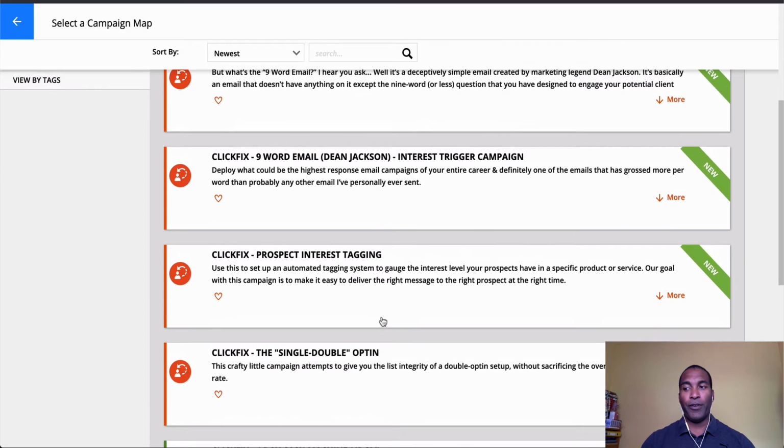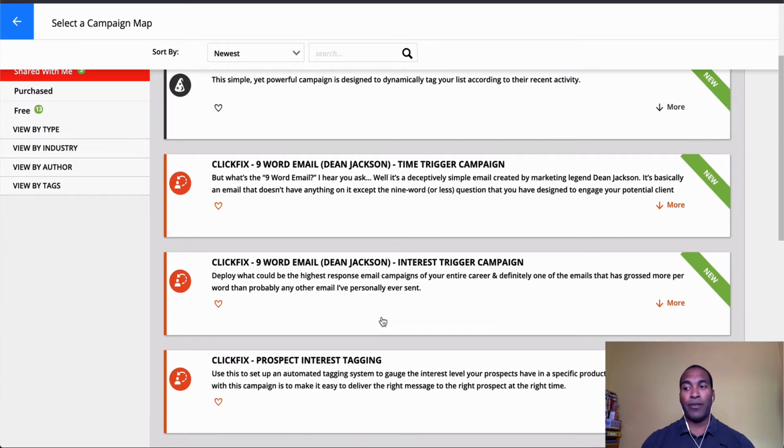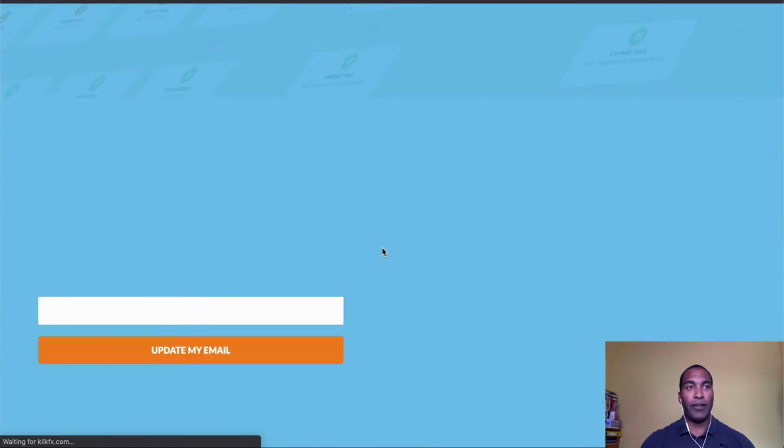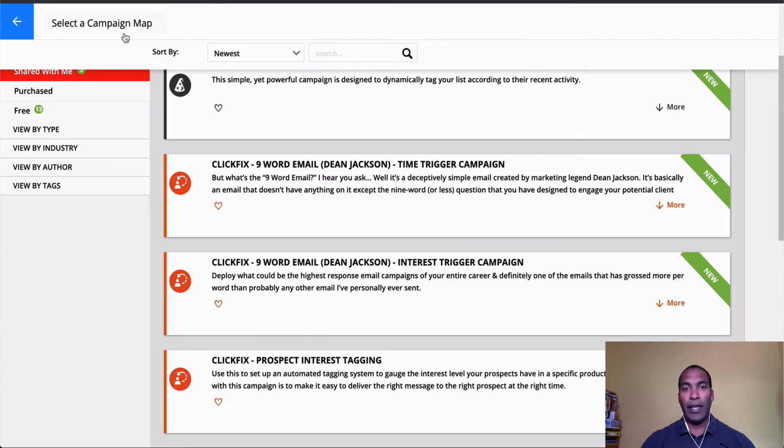Oh, and by the way, if you're not seeing what I'm seeing here on the screen, it means that you didn't sign up with the email address that you used to sign into your Ontraport account. So if you accidentally used a different email, just put your Ontraport account inside of the form that's on the thank you page here next to the video. And that'll go ahead and reload the page, and once that's done, you'll be able to continue following along with